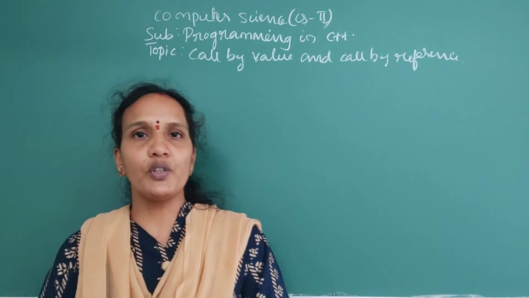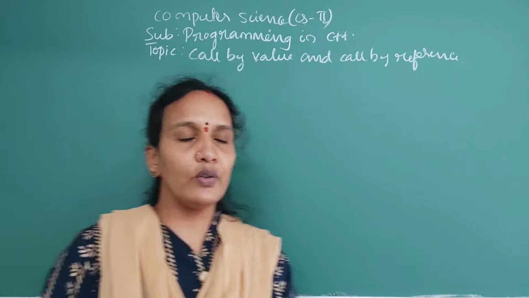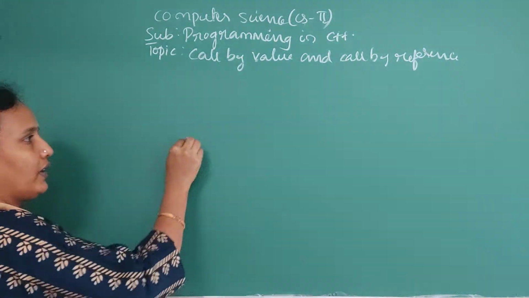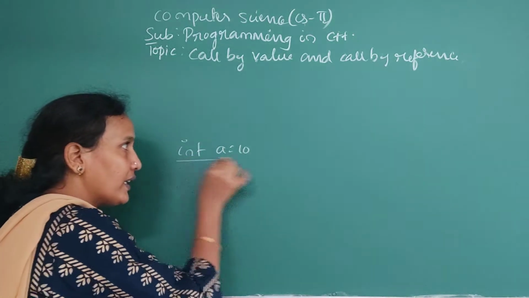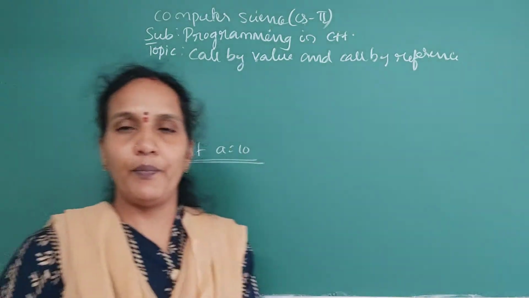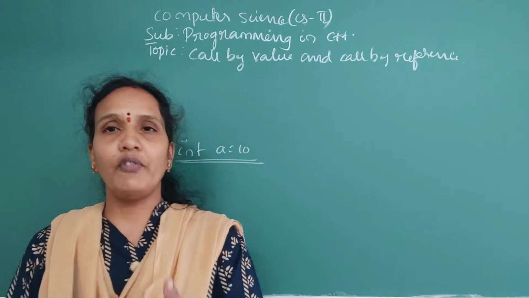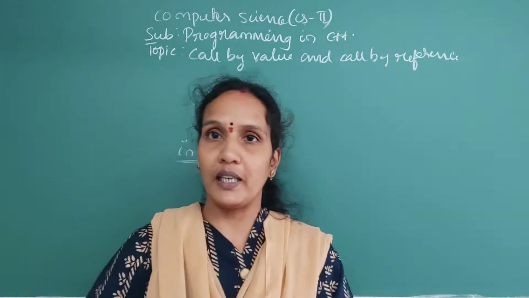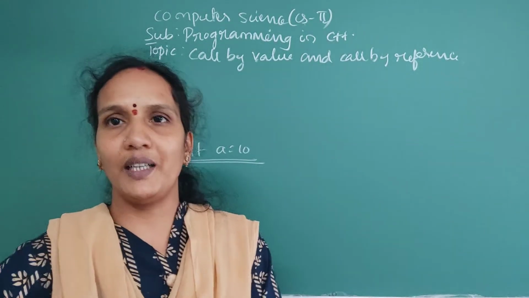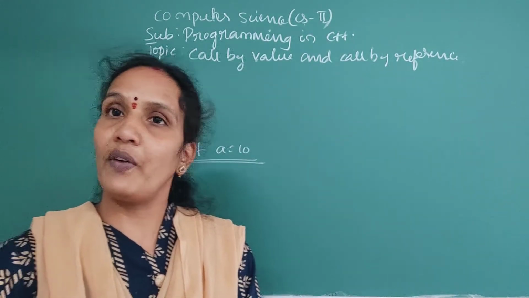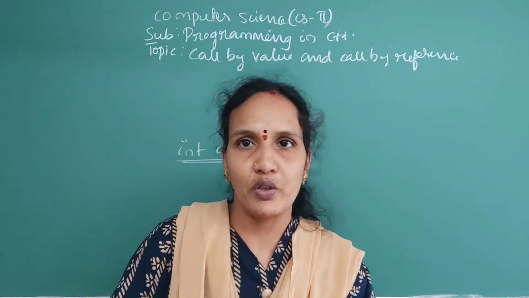In the function prototype, what will you give? The user defined function name. See, when you use a variable, how do you give it? Like this, int a equals 10. It means you are declaring the name of the variable. Similarly, if you are creating a user defined function, you should inform the compiler of your function name. When you inform the compiler of a function name, the compiler will allocate some space to your function.